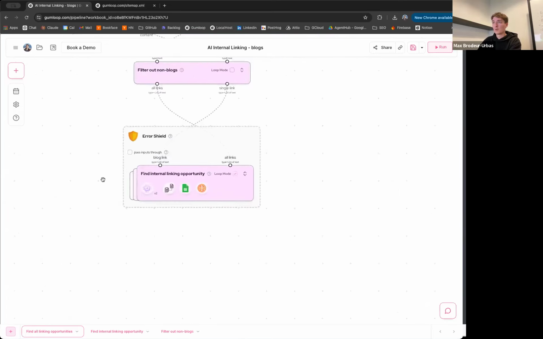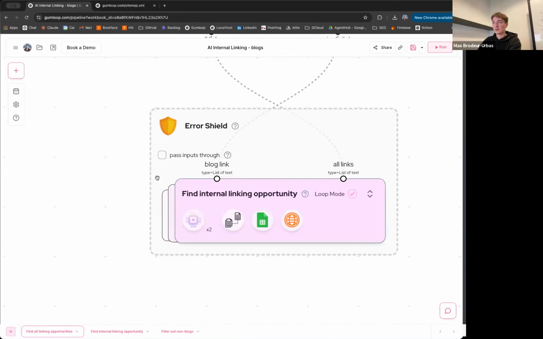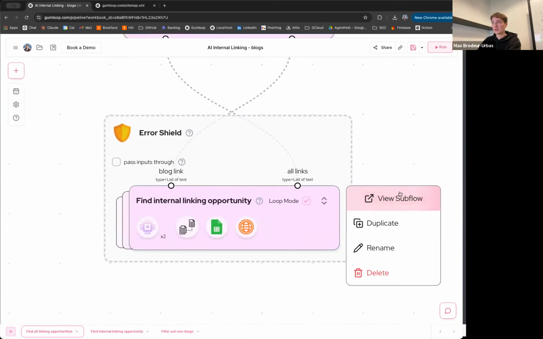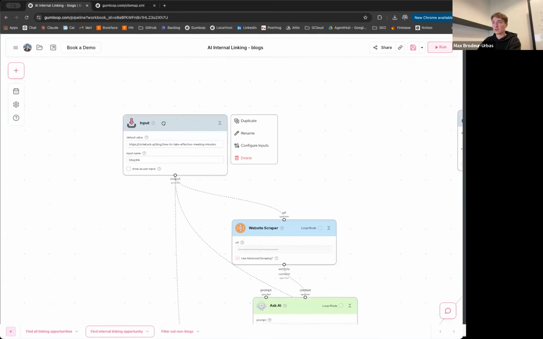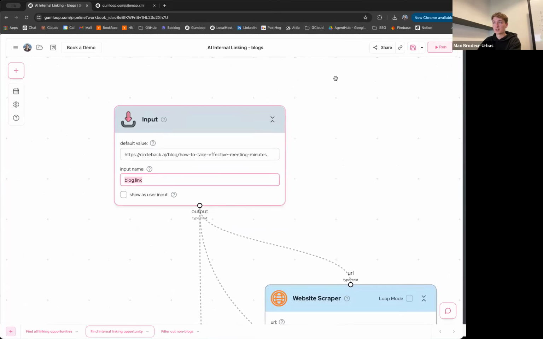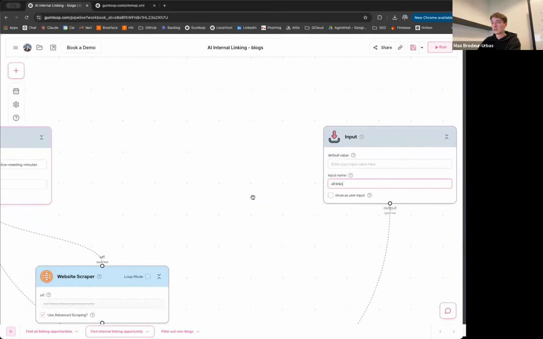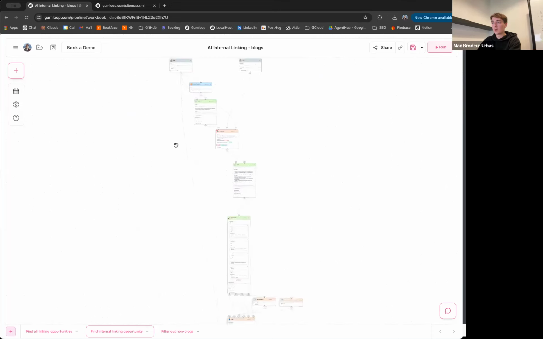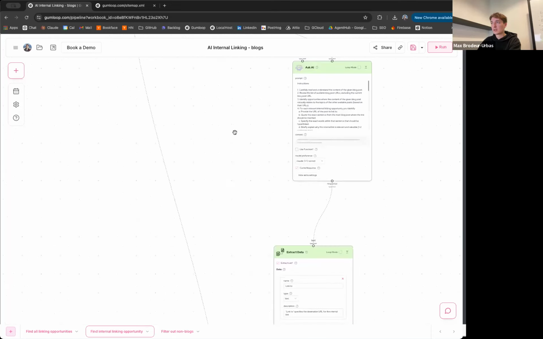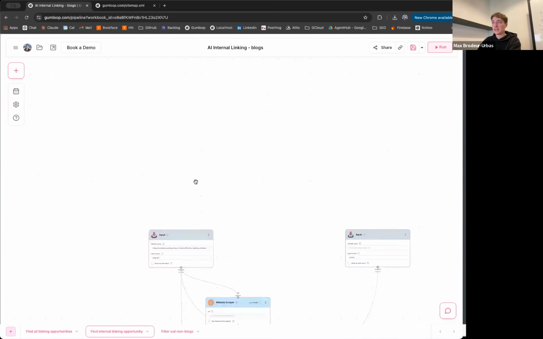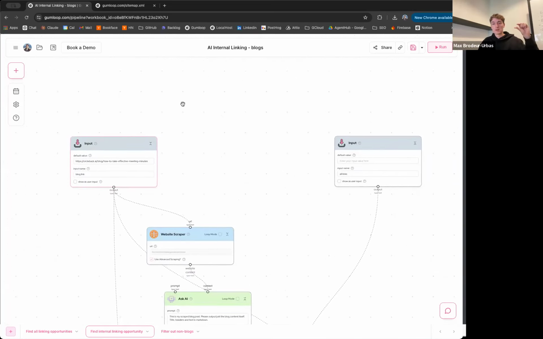Okay, so what we're doing here, the inputs to this subflow, you'll notice, are blog link and all links. That's just what I named it. We have those inputs mapped via input nodes, blog link and all links. What this is doing is taking a single blog, processing it, analyzing all the content that you've written in that blog post, which I'll go over in a second. And then it's comparing it to all of the slugs, like the other blog posts that you have in your